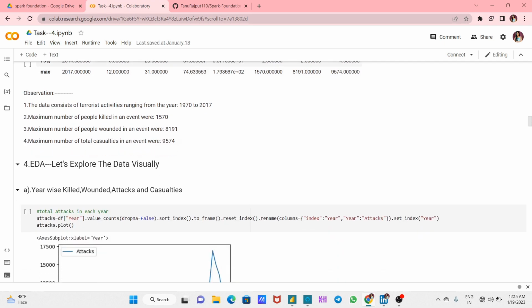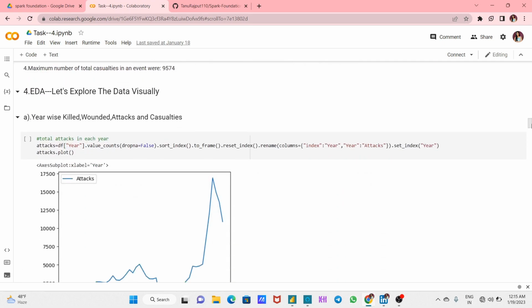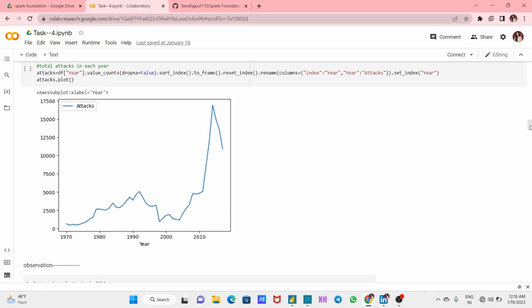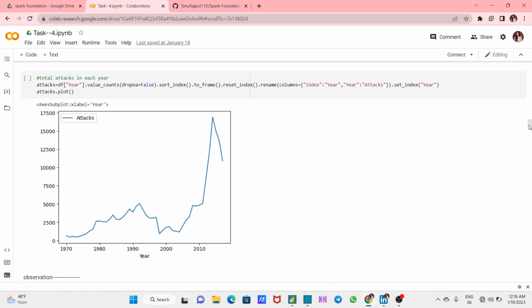So now it's time to explore the data visually. Firstly, we will see all the killed, wounded, attacks, and casualty with respect to years. So firstly, let's count the values of year. We have most of the attacks after 2010. We have a lot of terror attacks after 2010 to 2017, and then it just dropped after